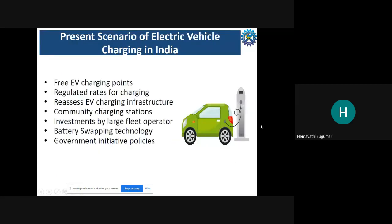what is the present scenario of electric vehicle charging in India. Now you can see everywhere in India, it has already started with the two wheelers. First, our government focused more on two wheelers, because two wheelers are the most common on the road. We are using them more, we are driving them. So they first focused on how we can provide the transition from internal combustion engine vehicles to electric